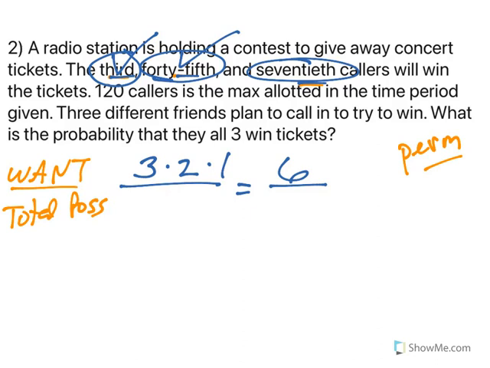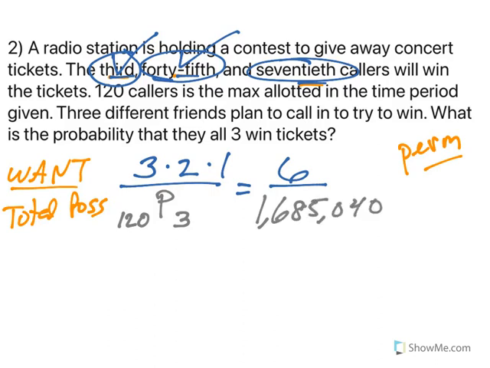So what is the total possibility? I have 120 callers, and 3 positions matter, right? And order does matter because if you're 3rd, you win. If you're 2nd, you're just a loser, right? So because the order does matter, we're using a permutation. So 120 P3 gives me